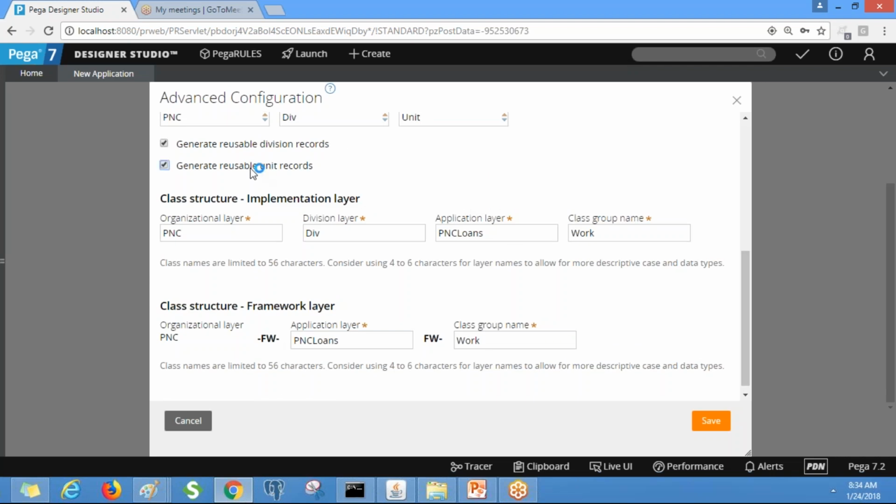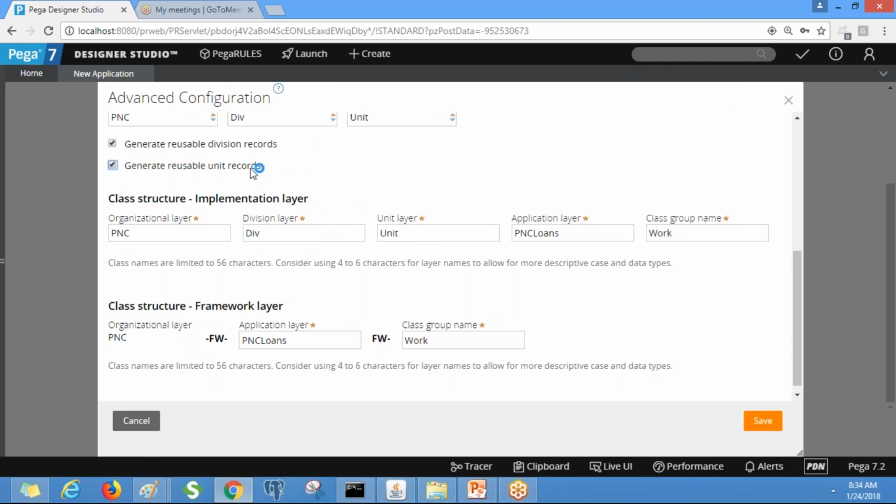So generate reusable unit records. But by default you will not have division and unit level reusable layers. If you want, you can create them by using the configuration settings.